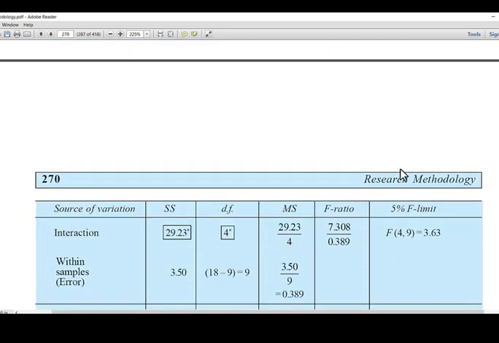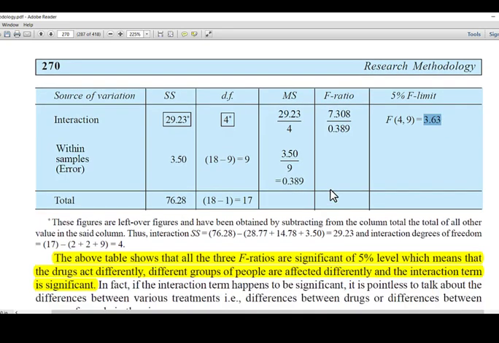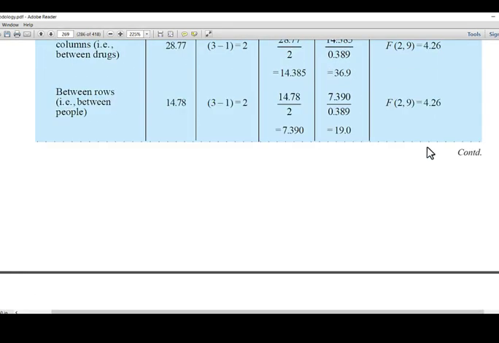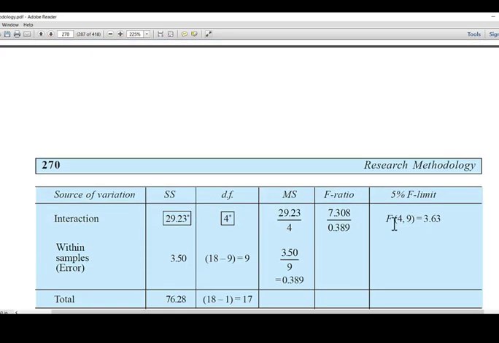And here also, as I said, the F ratio corresponding to this interaction will also be much higher than this 3.63. That means the calculated values of F ratio are all higher than the tabulated values. So we say that these three F ratios, that is, the F ratio corresponding to between columns, between rows, and the interaction,